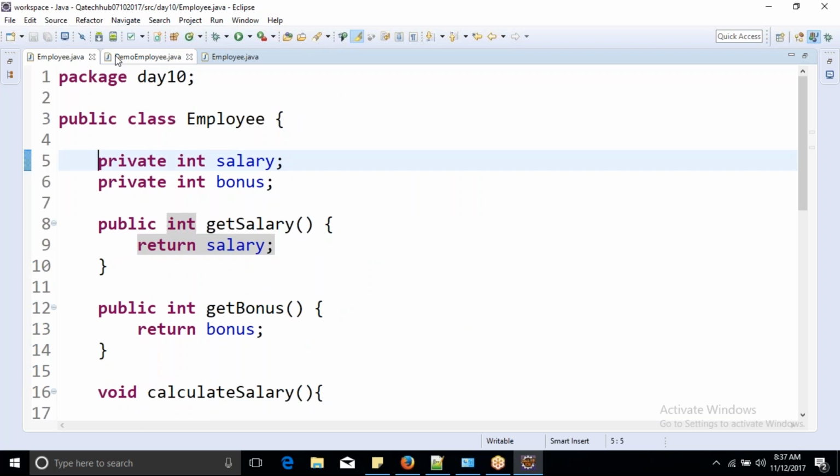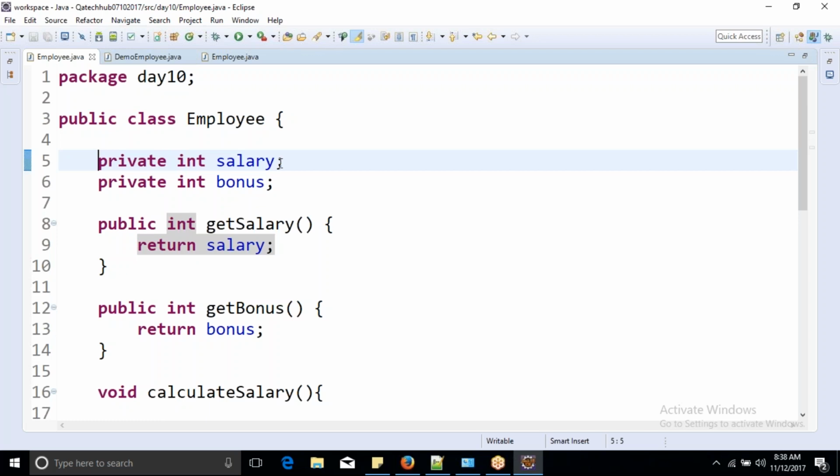you cannot assign unwanted values to those variables. Yeah, Jishan, go ahead. Still with the get salary and get bonus, like we have set salary and set bonus, that is fine, but it's not clear to me right now with the get method. You're not clear with the get method? Okay. See, because we are passing it here and returning salary and returning it to